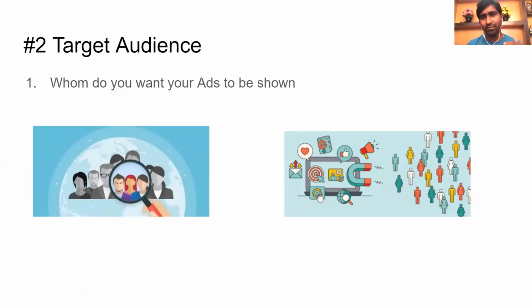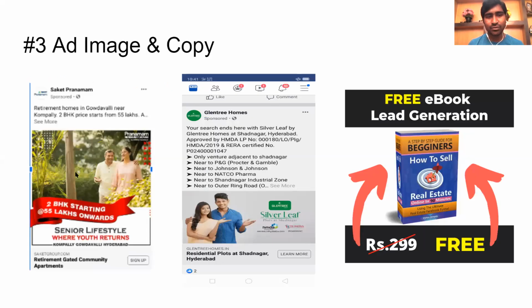And then, to whom you are showing these ads. In Facebook you have different options, like age, gender, interest and behavior. There are so many other options that you can use to show the ad to your ideal customer, so that you need not waste your money on these Facebook ads or any ad platform. For example, if you are targeting senior citizens, then you can give the age, then the interest and the behavior and other things.